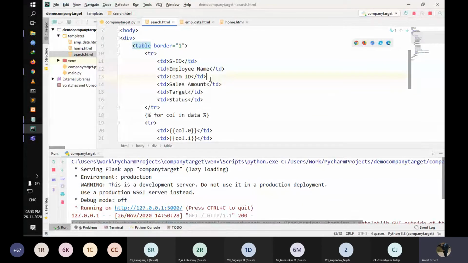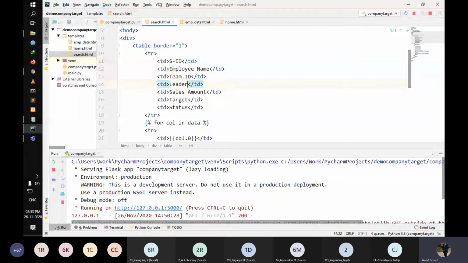What we can do here is add one more, because we can see that there's a team leader as well. So you can add a leader name here, so it will display the leader name as well. And we go to the next section.